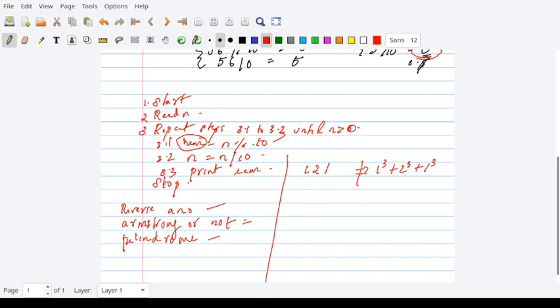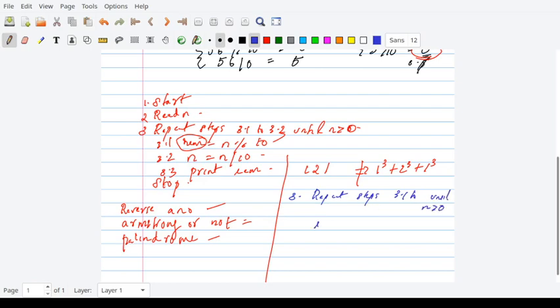So how can you check whether a number is Armstrong or not? You have the extracted digits in remainder. How will you rewrite this algorithm? In the third step, you can write repeat steps until n greater than 0.